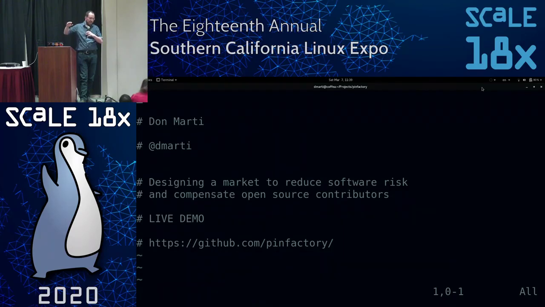As the program manager of a software project, you want to be able to quantify that risk and hedge that risk. Just like if you're General Mills shipping Cheerios, you can quantify and hedge your exposure to the oats futures market. If you're producing software, you should be able to quantify and hedge your risks of exposure to the software development process. So let's go over to the demo.